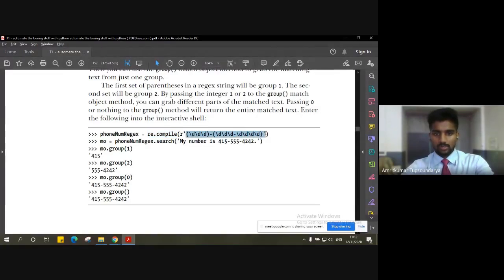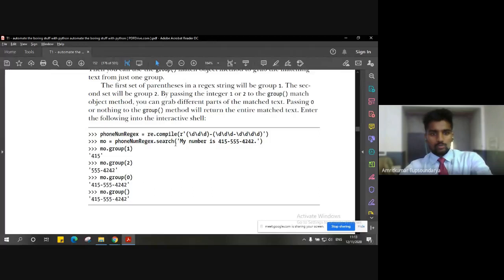Since we are performing grouping of the pattern, we have to separate it by parentheses. So we have included one parenthesis here as one group and another here as another group.